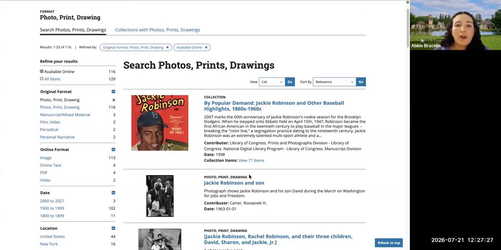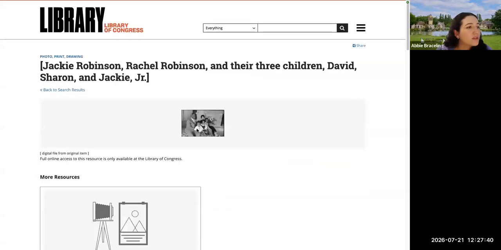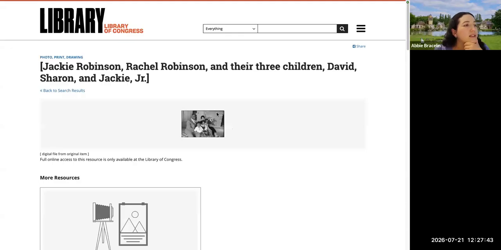Now, I could think about, okay, I already have a text-based primary source. I've got the fan mail, right? Now I want something a little bit different. Well, I see here, oh shoot, it's really small. That's okay. This is a picture of Jackie Robinson and his family, which is really cool because a couple of books down, the hero has got some information about his children. So I could talk about that book and show this photograph. This is what his children really look like. This was his daughter Sharon. She's the one that wrote this book. So I'm making those connections.